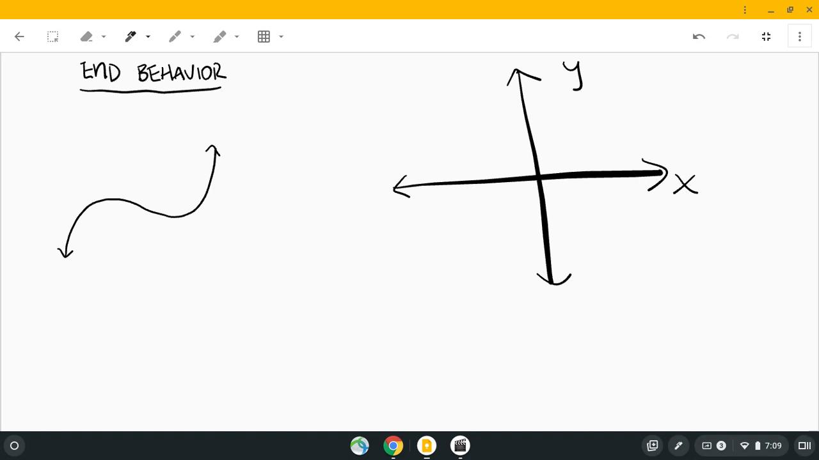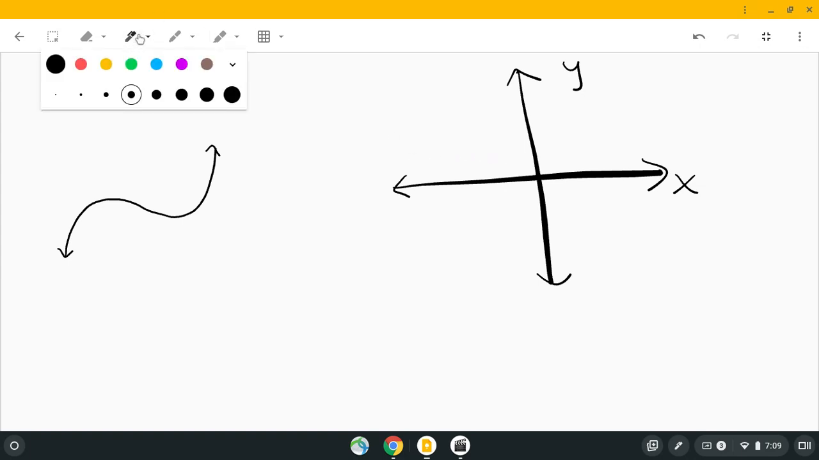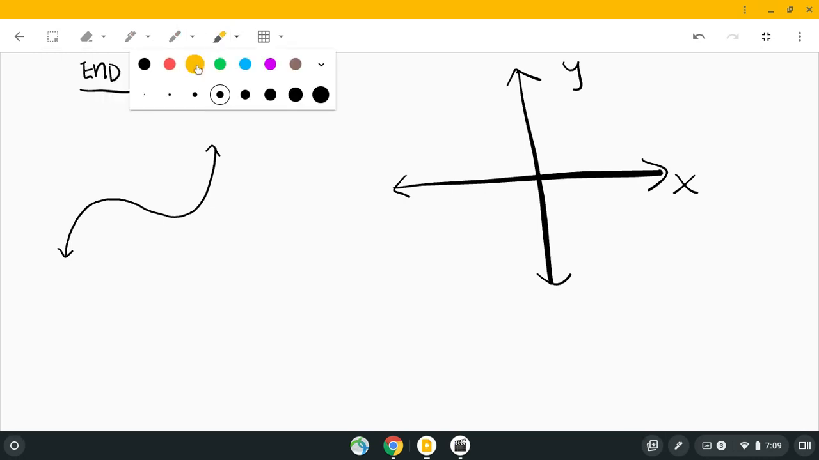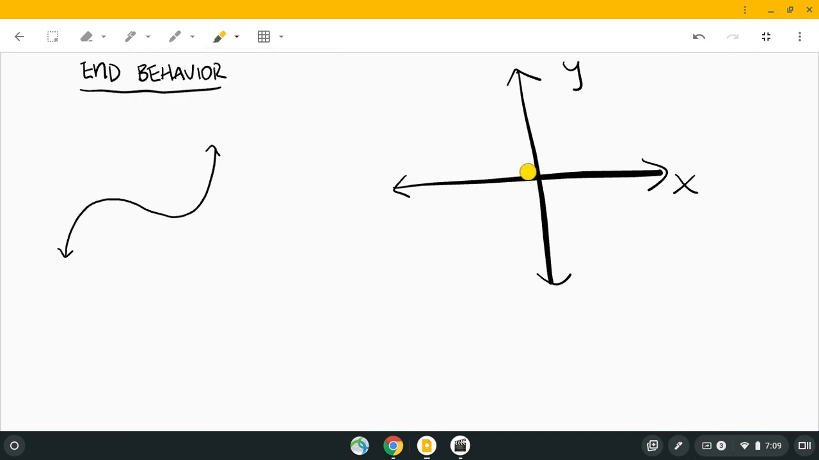Okay. And what happens is the left-hand side, so if we go this way, right here, if I keep going to the left, I see that my x's are negative. I see that my x's are negative, right? And so what happens is we say, oh, okay, well, as